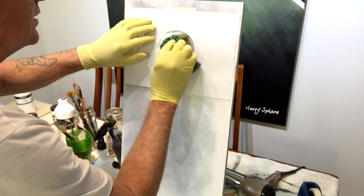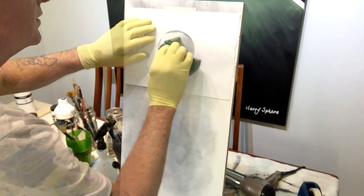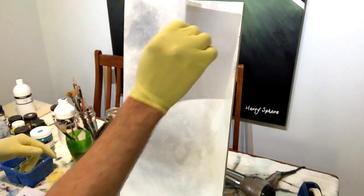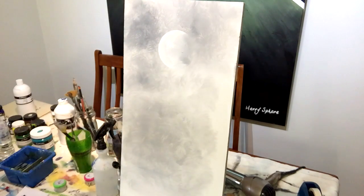So we're going to come into this. Now we'll just carefully take this off. Hopefully that tape doesn't peel our paint off. That's pretty much me moon. Now what I want to do